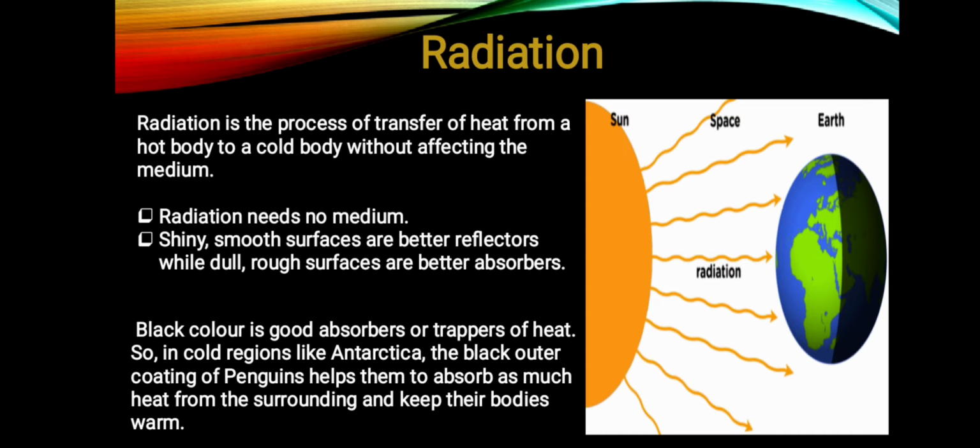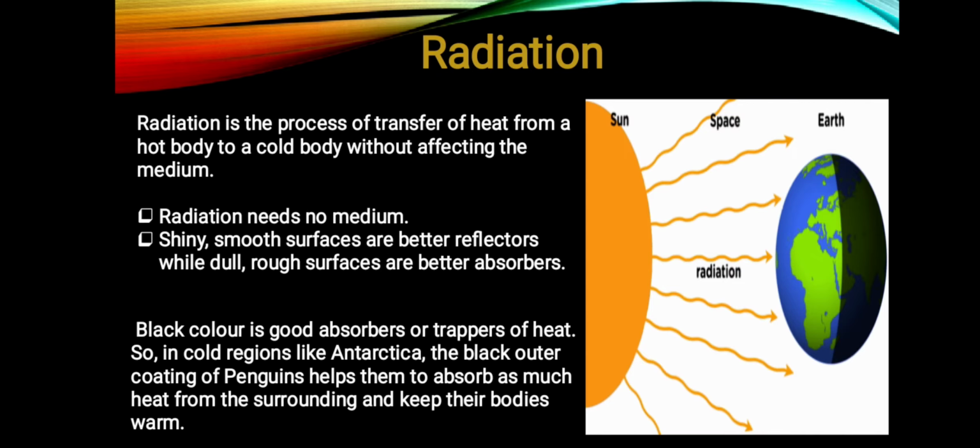The heat cannot even be transferred due to convection, because the hot air surrounding the heater will become light and rise upwards and not towards you sitting in front. When the heater is switched off, you immediately feel cold. This shows that air around you remains cold. Thus, there must be a third process of transfer of heat in which the medium is not heated and yet there is a transfer of heat. This process is called radiation.